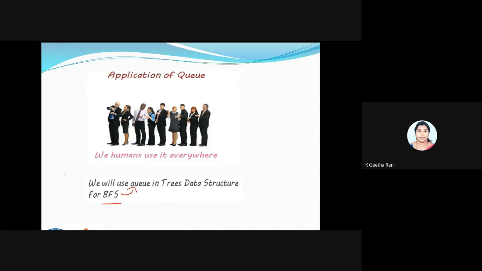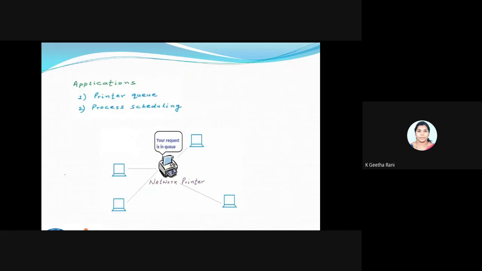Fine. So you will see some more applications in a generalized way. The applications like a printer queue or process scheduling. So we will see how the queue is used in these applications. Fine. So for example, consider there is a shared resource.